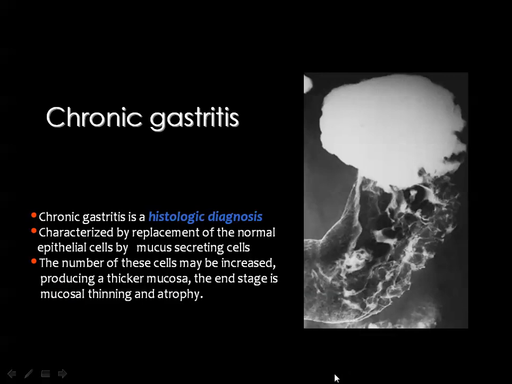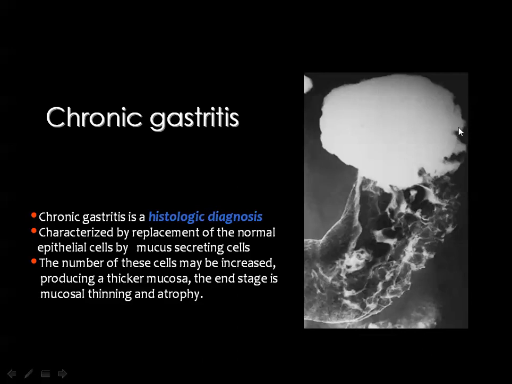of mucosal edema. Then you should know that chronic gastritis is not a radiological diagnosis, and it is only a histologic diagnosis. In cases of chronic gastritis, you can see erosions, you can see hypertrophy of the mucosa, and you can see atrophy of the mucosa. All these findings can be identified on the barium studies, and also can be seen by endoscopic examination of the